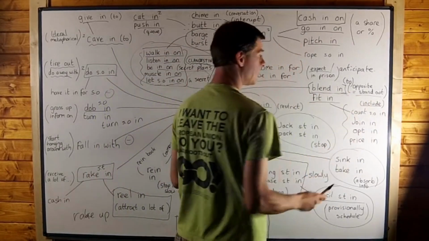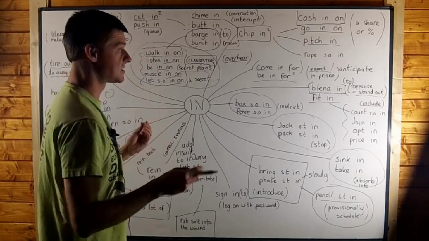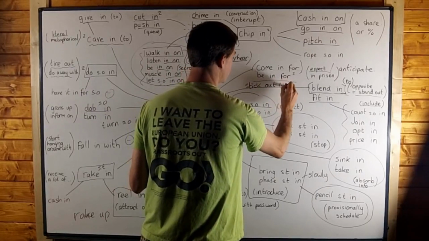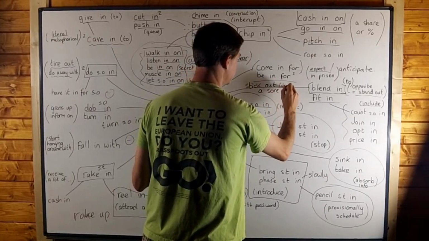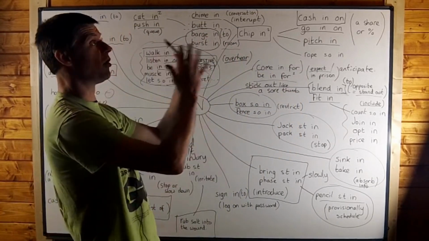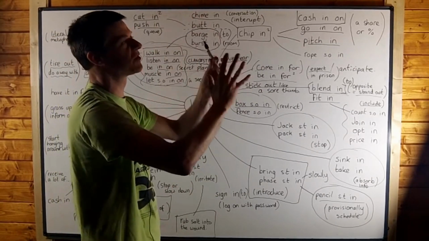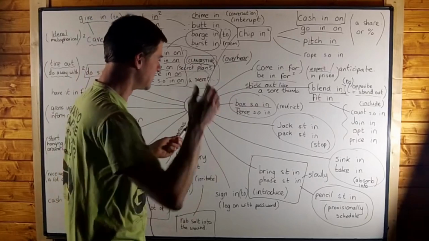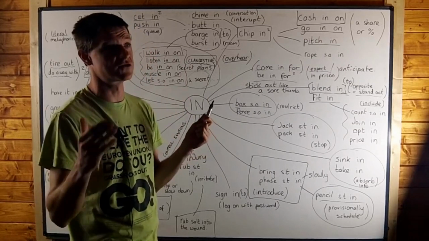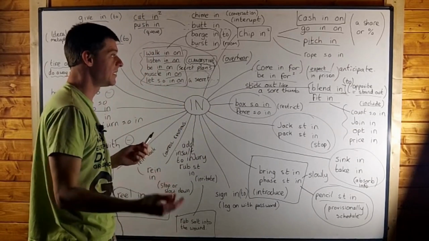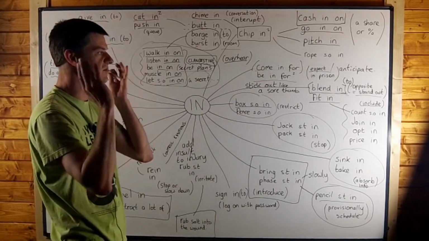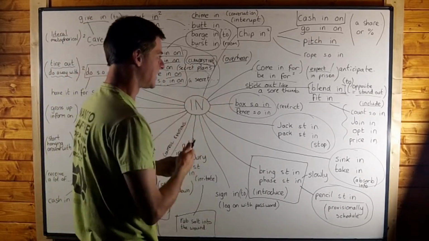The opposite of blend in, by the way, would be stand out or stick out. And we have an expression to stick out like a sore thumb. Strange expression, I know, a body idiom. And if you stick out like a sore thumb, you don't blend in at all. You are obvious. You are so obvious in comparison to everyone else around you. I imagine that if I go on the train to London in the morning wearing what I usually wear, I stick out like a sore thumb because everybody else is wearing their business suits, they're commuters, they're going to London to work, and I would stick out like a sore thumb.